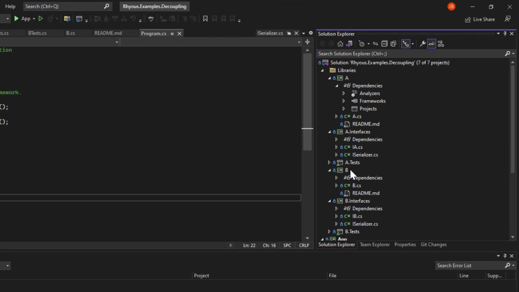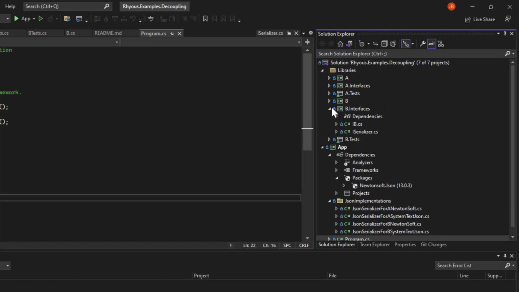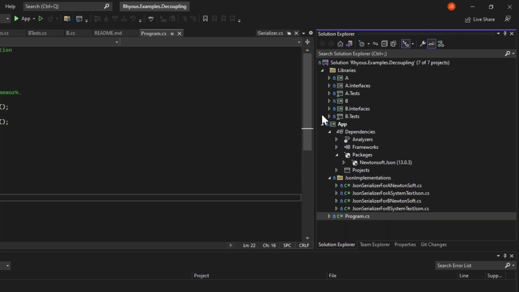Now this might not sound awesome when you're talking about two libraries. We have library A and library B. It would be super simple to just have a third serializer library and make sure everything is coupled to that. And architecturally, something like that could make sense in your environment. But remember, that's adding coupling to a serializer library, which may or may not be the best solution for you. Hopefully you'd at least do a serializer.interfaces if you went down that route, and then they wouldn't be coupled to